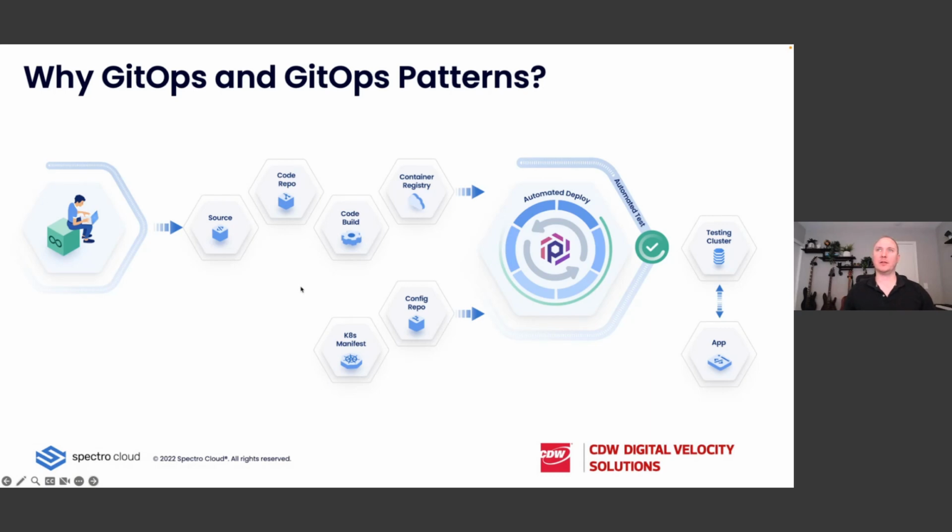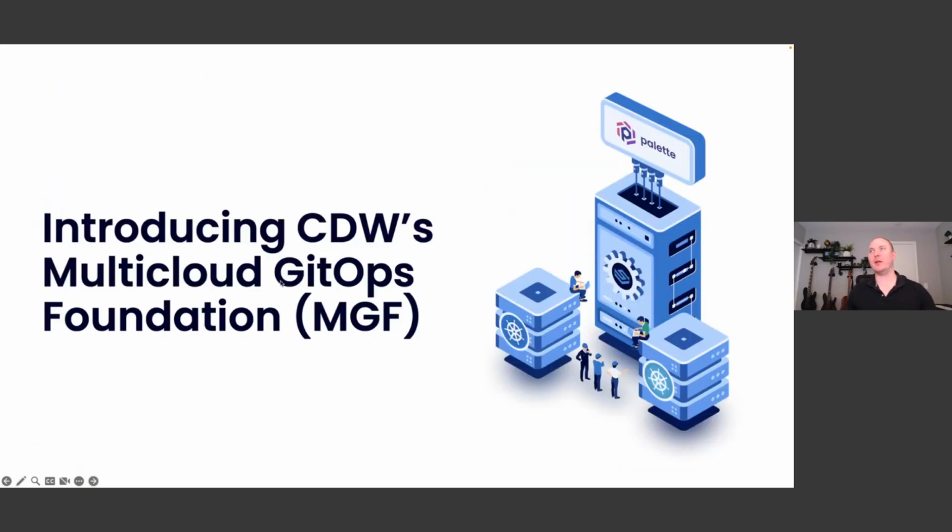Yeah, absolutely. So if you go to the next one, we could talk a little bit about what we did at CDW to be able to leverage Spectro Cloud and to leverage some other tooling to bring them together to create this kind of services bundle that we're calling the Multi-Cloud GitOps Foundation. And the idea behind this is, again, we're going to use those GitOps-based patterns, and we're going to incorporate GitOps throughout for both application delivery, but also for infrastructure provisioning and for the Kubernetes cluster provisioning across any cloud. So that's hence multi-cloud, but doing GitOps. We want to lay down a foundation to be able to help organizations to quickly operationalize these concepts.